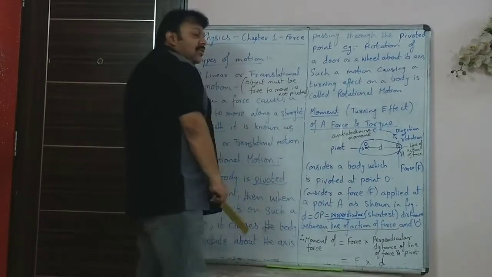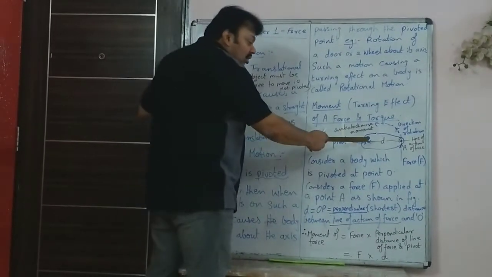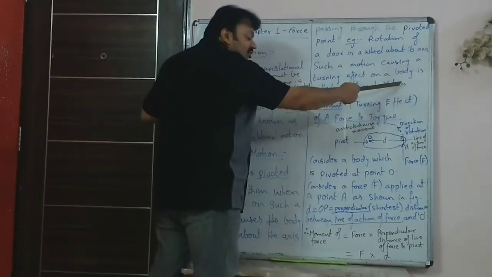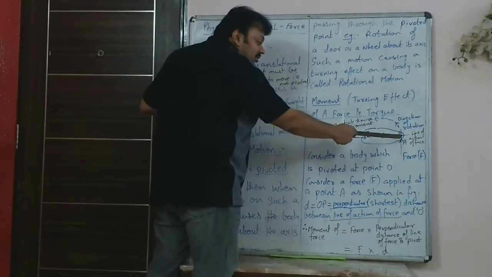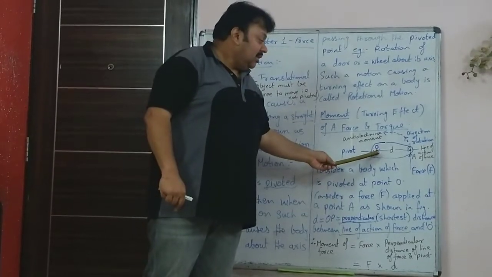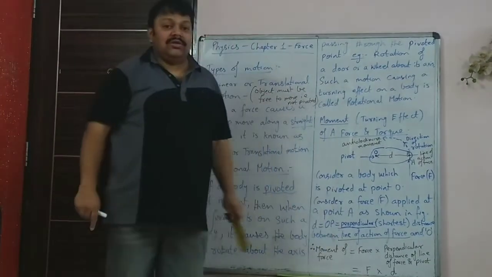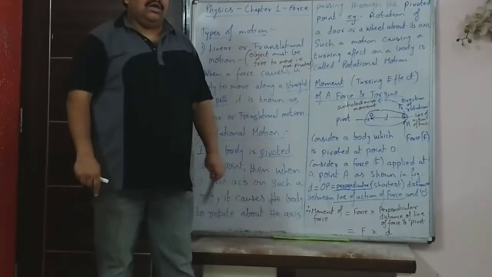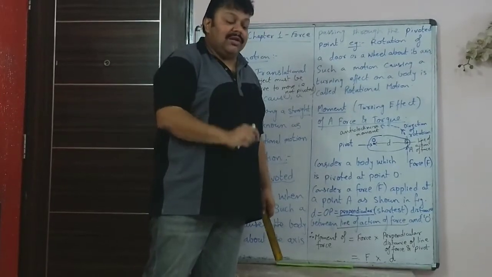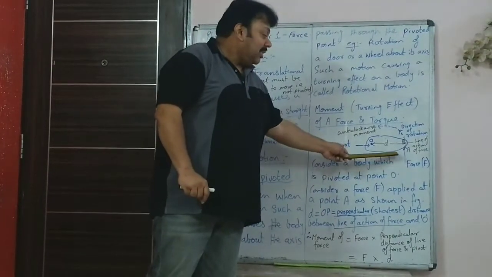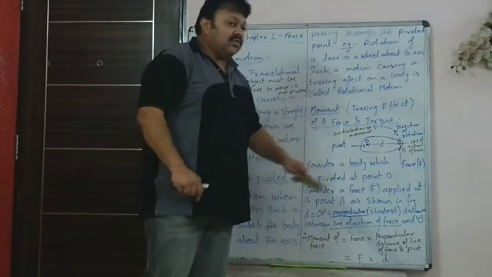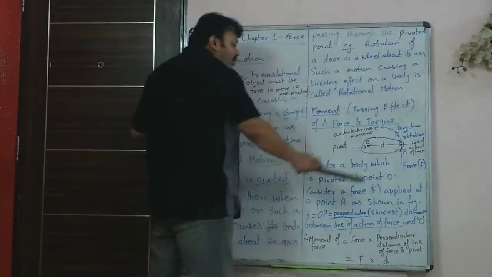And when we are considering the formula for moment of force or torque, you are going to see the shortest distance between the point O and the line of action of the force, and not the direct distance between O and A. Please note that many times students will generally think that O to A is the distance between the force and the pivot. You are not considering the distance between the point where force is applied and the pivot, but you are considering the perpendicular distance between the line of action of force and the fixed point. That is the distance OP.